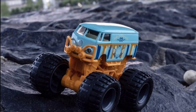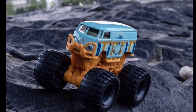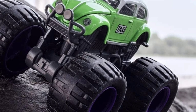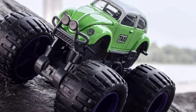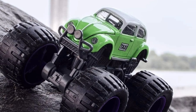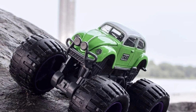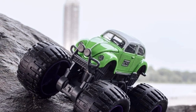It is an amazing monster truck. Wow, look at that. I just wish the bumpers were metal, but it is plastic. And then next, check this one out. This is a VW Beetle Taxi monster truck. Woo! Imagine if this was real. Look at that. Would you ride this one? Wow, look at that. So the VW cars from Majorette really look good, and especially this monster truck VW Beetle